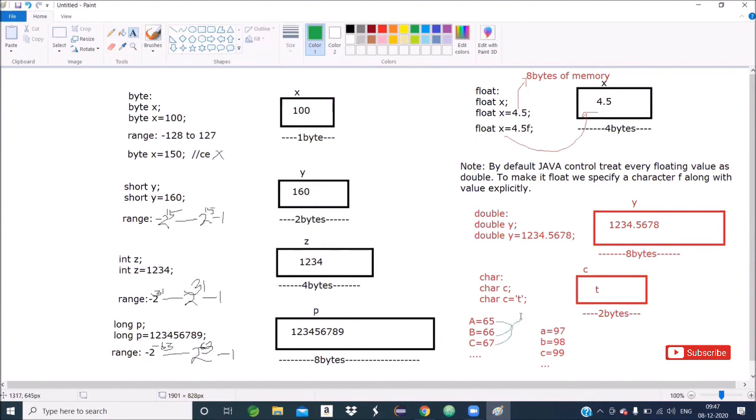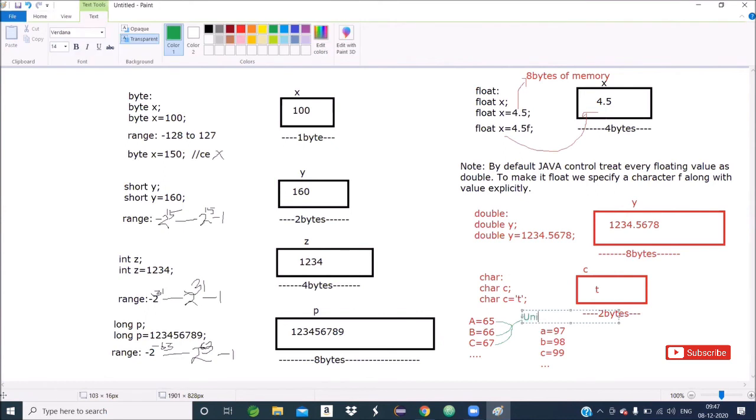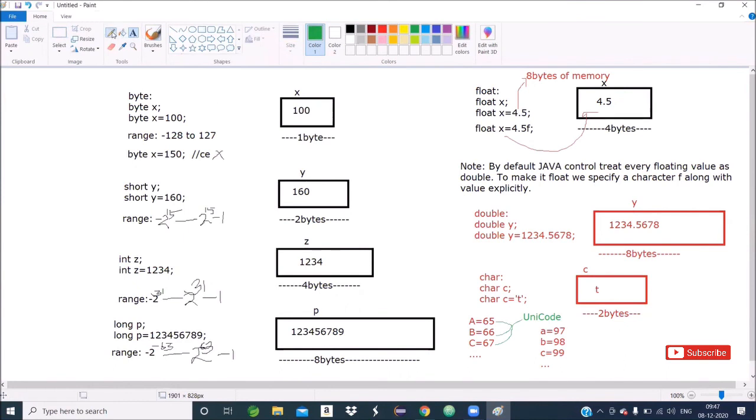Unicode means universal code. Every character is identified by its Unicode representation. So if you write uppercase A, the control will understand this is 65.